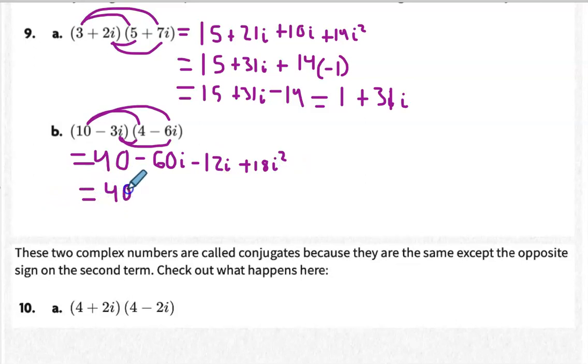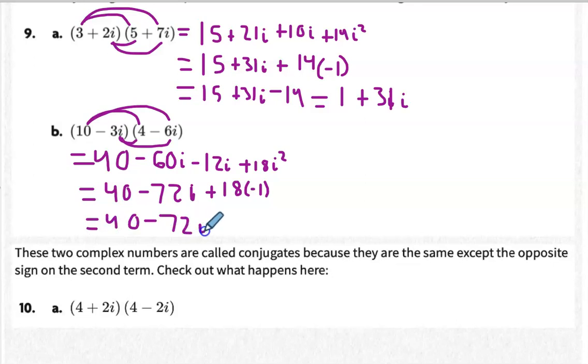All right, so combining like terms, -60i and -12i gives us -72i. And plus 18 i squared, which is equal to -1. In other words, we've got 40 minus 72i